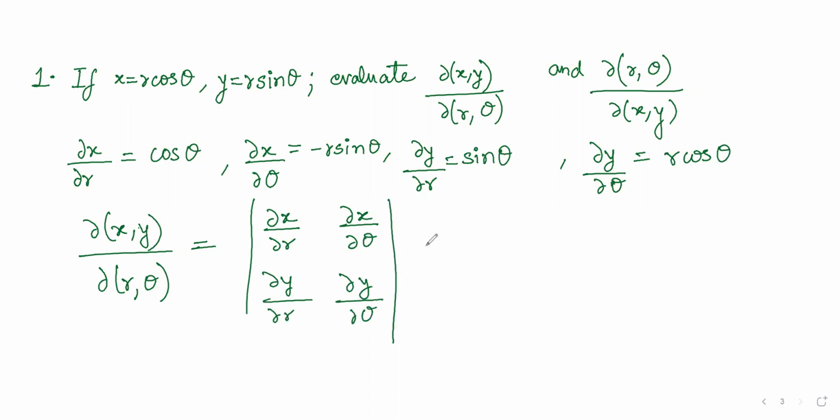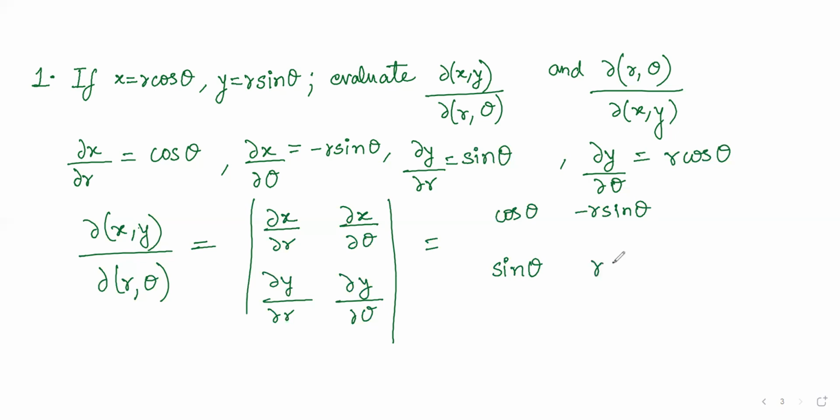Okay, delta x by delta r is cos theta, delta x by delta theta is minus r sin theta, and here it comes sin theta, and now it comes